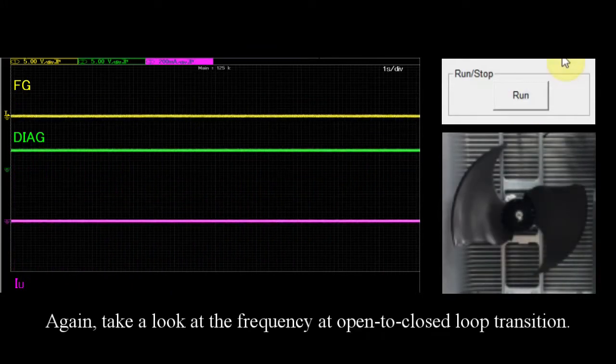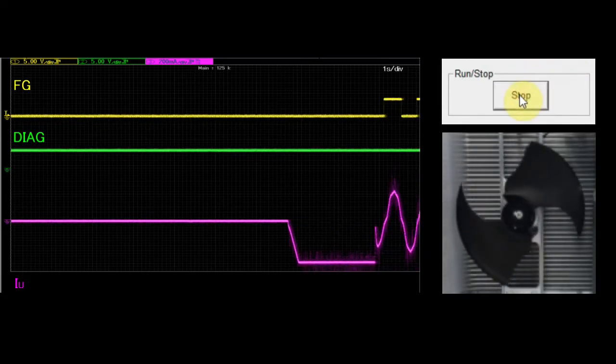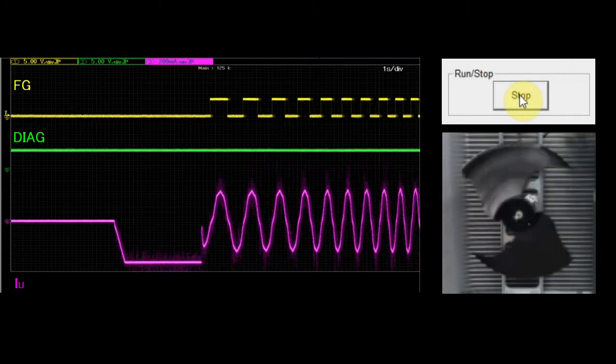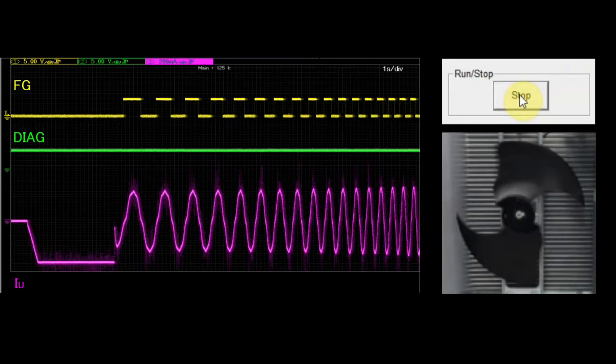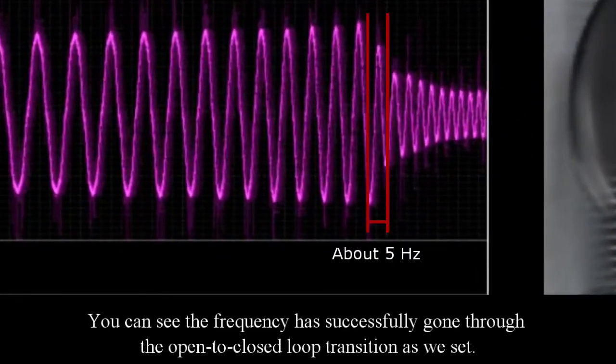Again, take a look at the frequency at open to closed loop transition. You can see the frequency has successfully gone through the open to closed loop transition as we set.